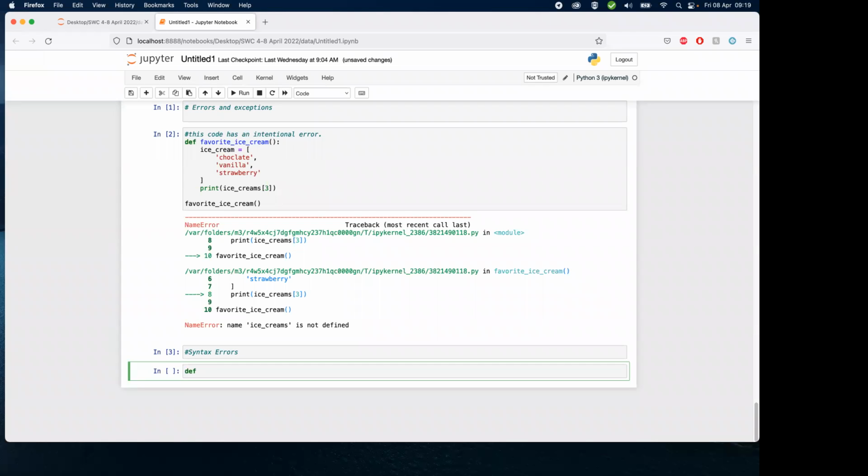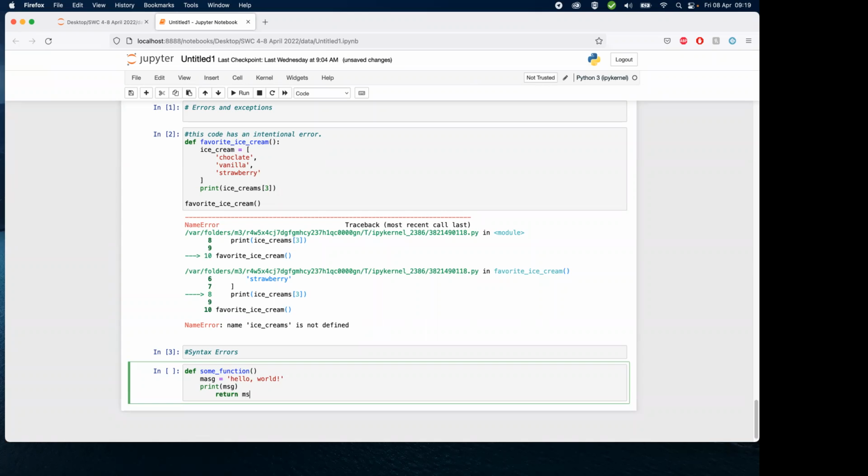Let's look at a syntax error that we can define and actually see if we can work through it. Okay, so say message is equal to "hello world" with an exclamation, print message, and return message. Okay, no, that's actually a space, not a tab. Okay, so if I run this, you will see that